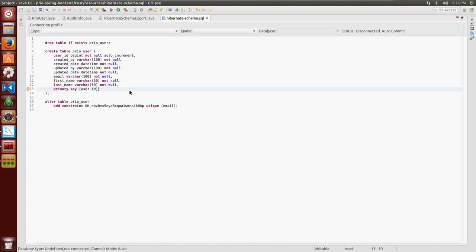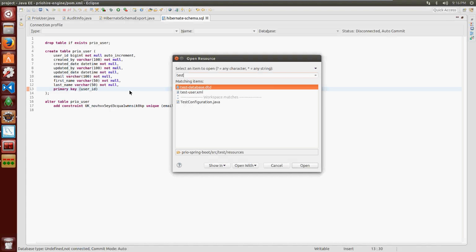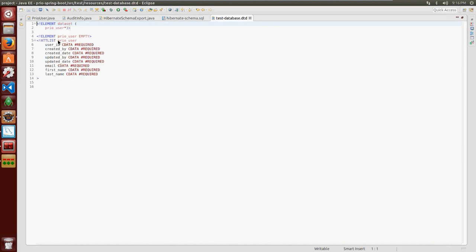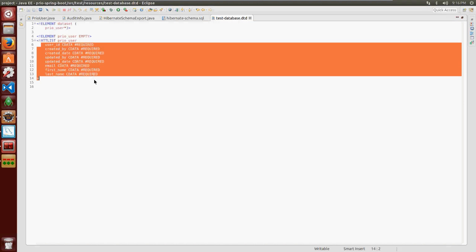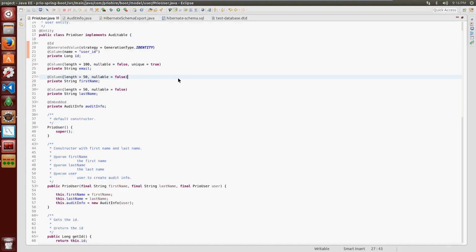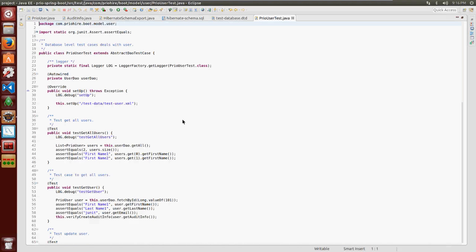So once we have this, you can run this on the test schema and generate the test database DTD, and because I am having only one table, you can see all the columns here. So now, once we have the entity class, script generation and DTD generation, now we are going to write test cases for this class. So now if you see here, prior user test,